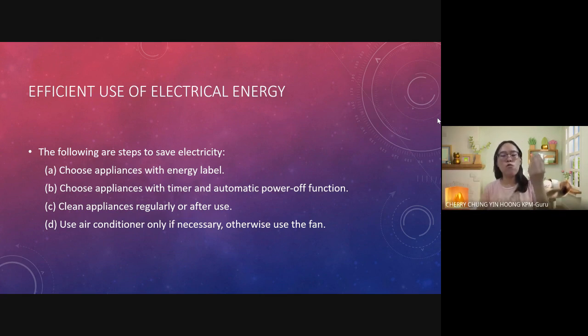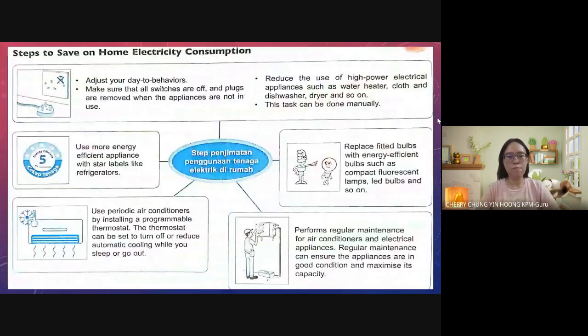还有就是 clean appliances regularly or after use。OK，for example aircon。我们家里现在大多数的人都会有 at least 一架 aircon。这 aircon 呢，我们就是要 regularly 叫人家来 service，so that 我们可以 optimize the use of the electrical energy。OK，而且你 use air conditioner only if necessary，otherwise use the fan。因为 fan 会更加 save electricity than aircon。OK，so these are the ways to save the home electricity consumption。